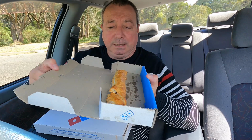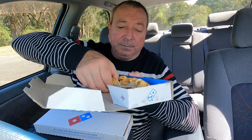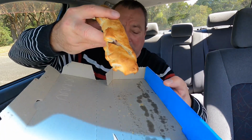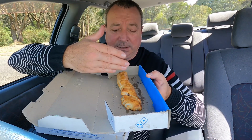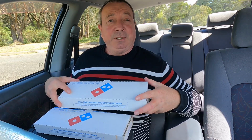Oh, what is that? You know what? I'm pretty sure that is the lava cake. Now, it is quite long, but when you see them in the pictures, they're cut in half. So I'd say that's right. We'll get back to that in a sec. Because for once, we don't have to have dessert first. We can have